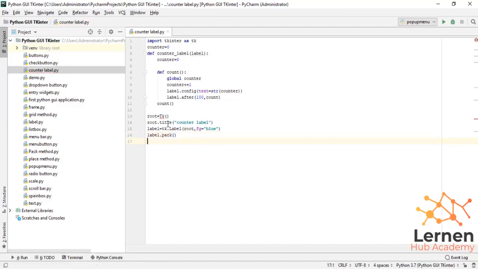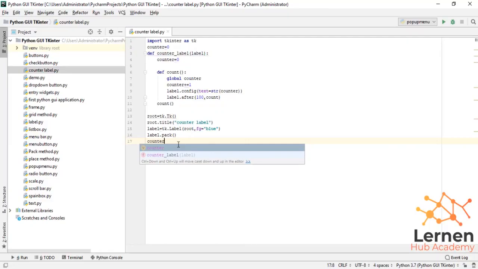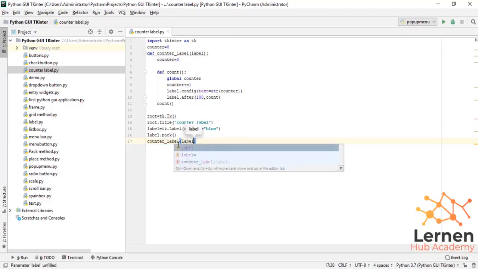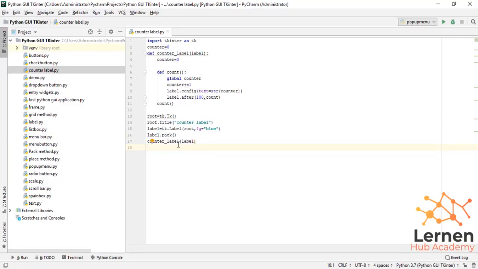I am writing this code with that indexed syntax to help you better understand how we write syntax in different ways. Now counter_label, which is the parameter of label, and then here I write button which is equal to tk.Button. Now root prints this button on the root screen, and then here I write text which is equal to